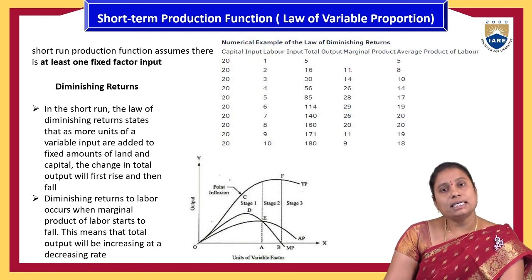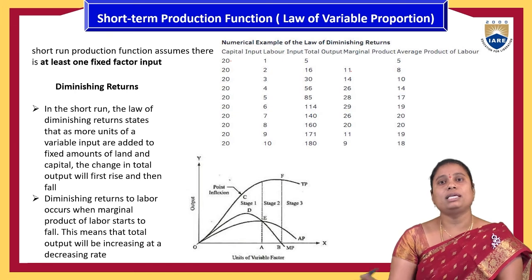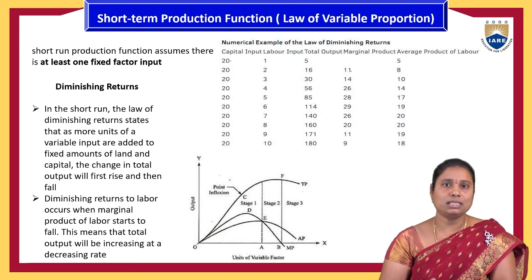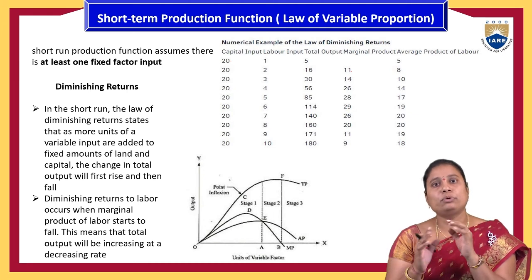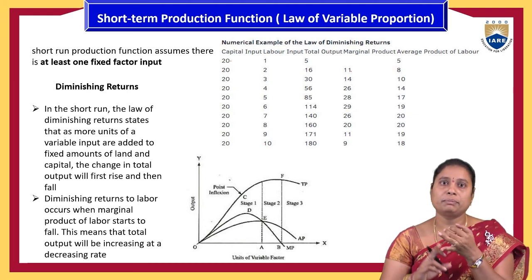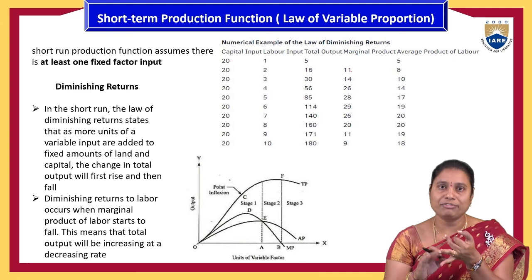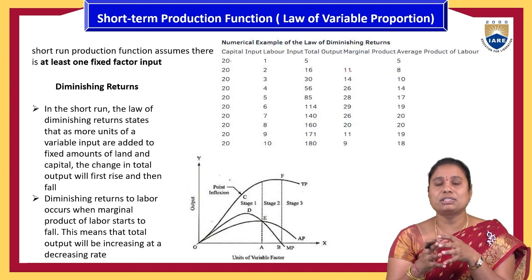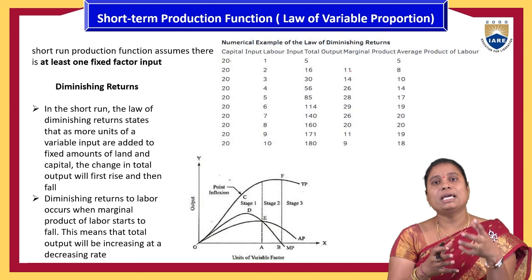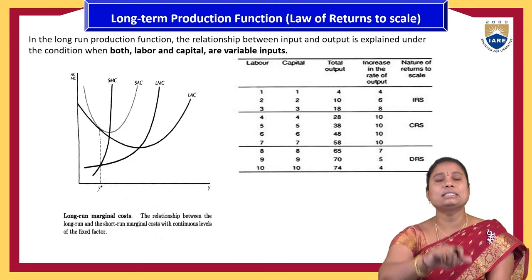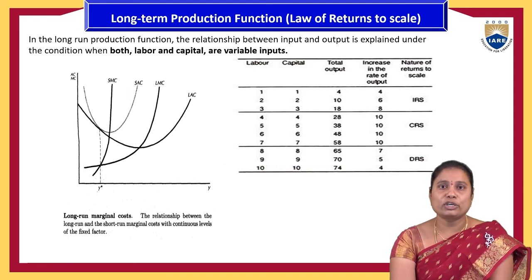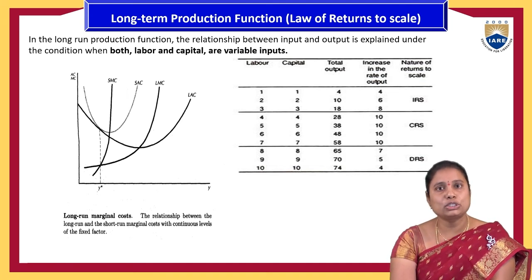Then in the long run, if it is 2-3 years, people won't think about the variable proportions. They don't want to change the quality of the goods, because they already came to know the best material to use for that product and the best labor who works effectively. Everything variable becomes fixed. They have to think about changing the fixed, long-term elements. That is called the long-term productional function, that is, the law of returns to scale.